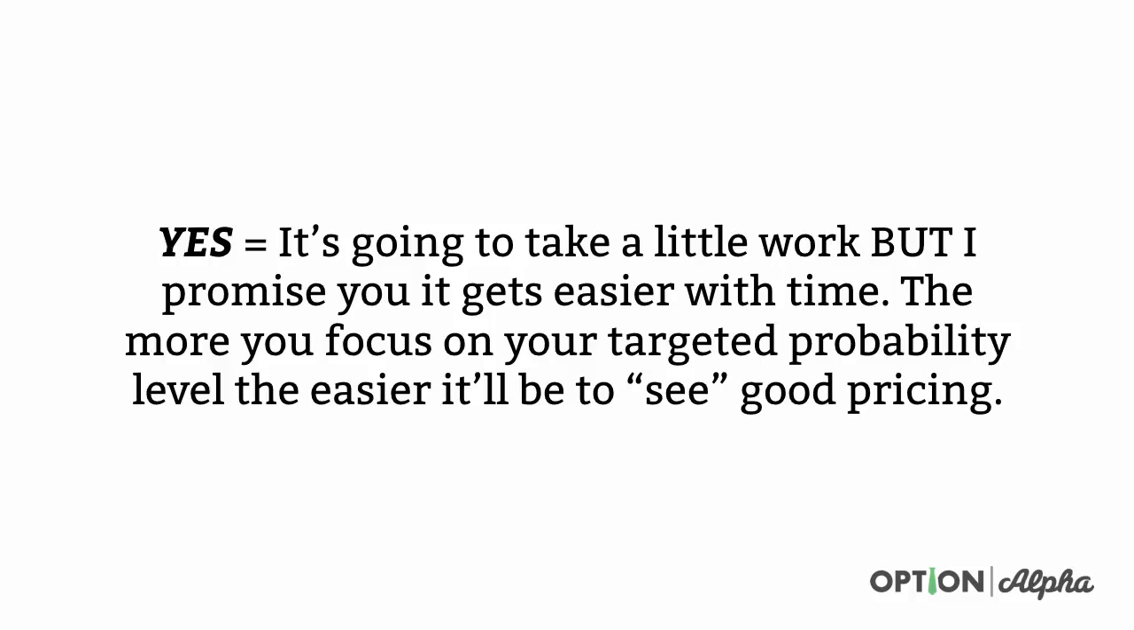The more you focus on your targeted probability level, the easier it'll be to see good pricing. And this is why we always harp on the fact that you've got to choose a probability level that you're going to focus on. So focus on 70% winners or 80% winners and price every trade off of that. So it's very easy for you to see over time how much each individual trade is going to be taking in and if that's a good price, because you're looking at the same type of pricing every single time that